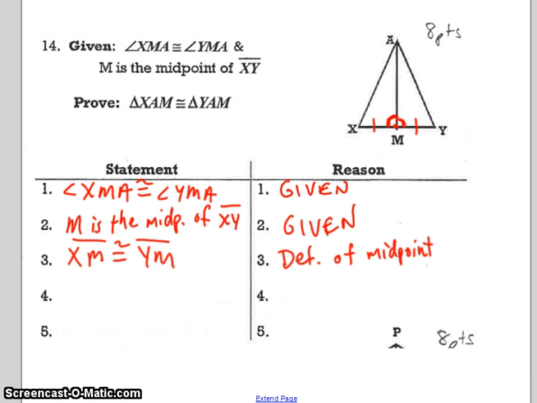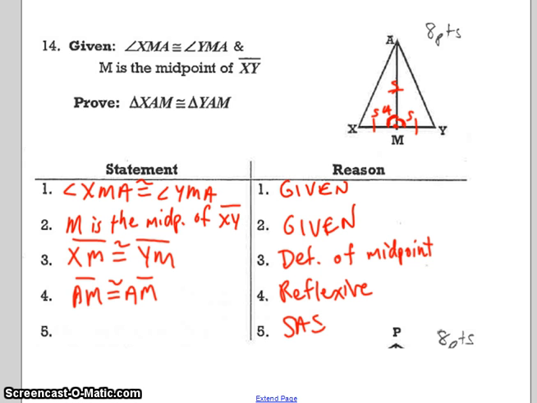We also know that AM is congruent to itself. That's reflexive. So we have side, angle, side. Just make sure you put this